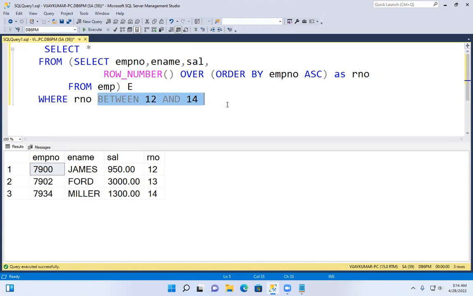Otherwise, once again, can I write like this? Last 3 rows. Can I write greater than or equal to 12? Row number greater than or equal to 12 means 12, 13, 14. Okay? But when we give 12, the number of rows is 14. If the number of rows is 20, then